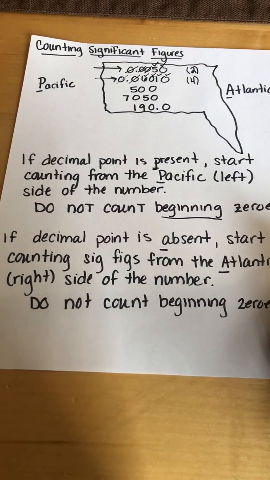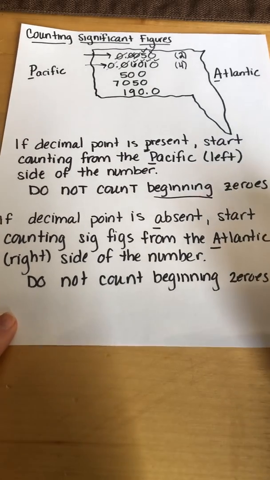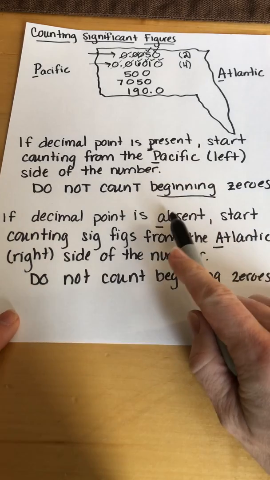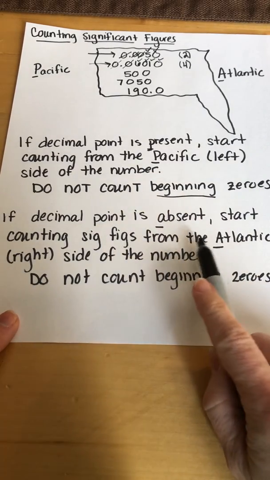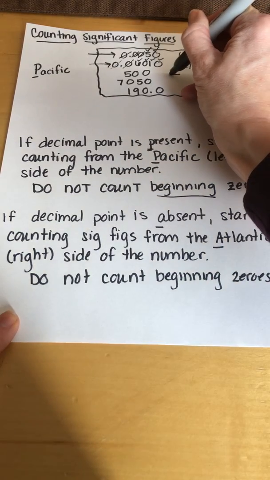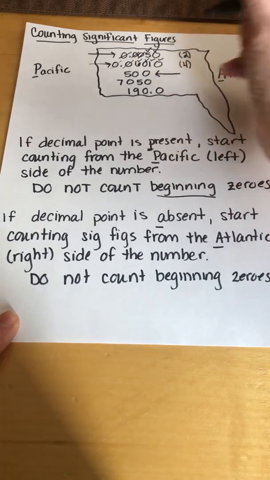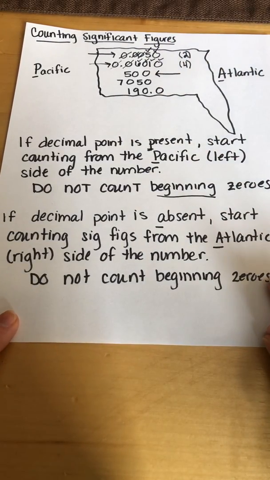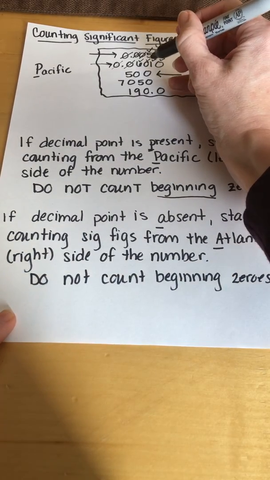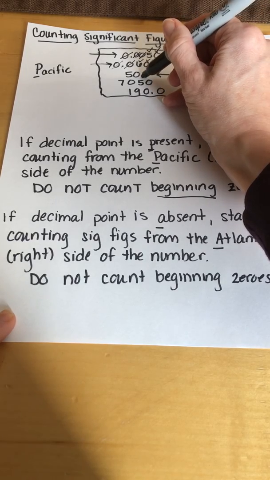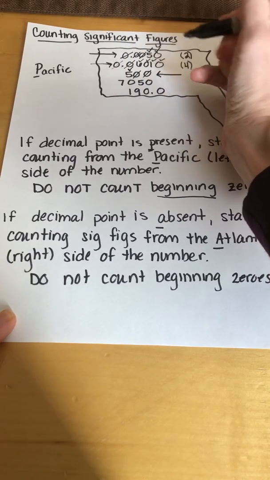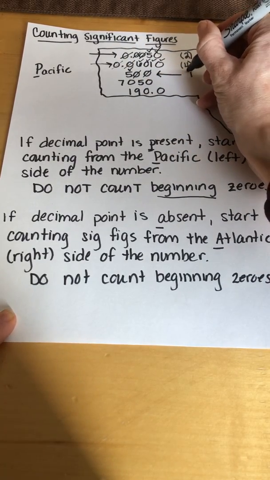All right, my next example is the number 500. For that one, I see that a decimal point is absent. There is no decimal point there. So in that case, I'm going to start counting my sig figs from the Atlantic side of the number. Since that decimal point is absent, I'm going to come in from the Atlantic direction of the number. And that's important because now these zeros become beginning zeros. So I'm going to start counting as soon as I get rid of those beginning zeros, and this particular number only has 1 sig fig, which kind of makes sense